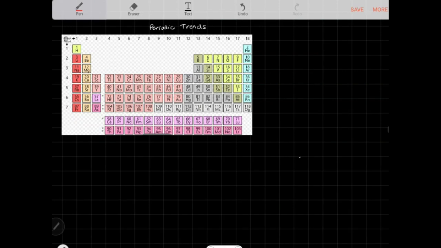Alright, let's take a look at the periodic trends of elements. These periodic trends are just certain chemical trends that you would expect by using the periodic table of each particular element. These periodic trends are really useful in determining chemical reactivity, which we'll be discussing soon. So some of the periodic trends that we will be looking at are going to be